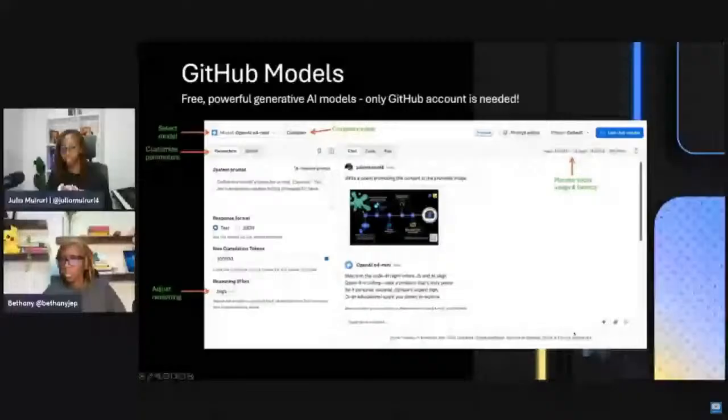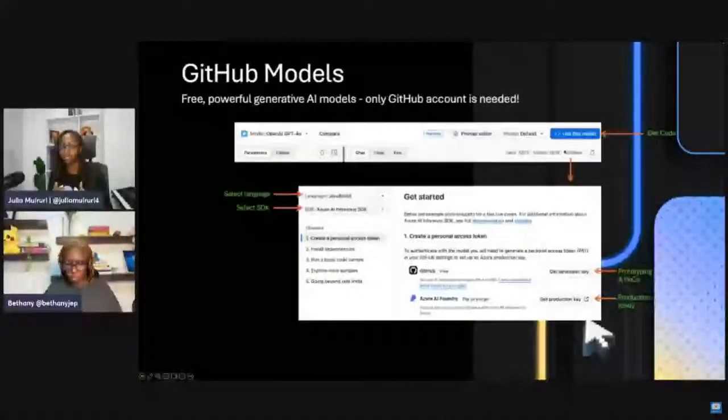And the better part of it is that for you to move from playground to actual code, this is as easy as just clicking "Use this model", and then you get some sample code that is already configured to work with the model that you're playing around with. So if on GitHub Models you're experimenting with OpenAI GPT-4o, for example, once you click on this Use this model button, it basically gives you sample code that is ready for you to implement and use that specific model. So this is really, really good, especially if you're just starting off. You have a variety of options in terms of the language to use, the SDKs to use. So for the Build-a-Thon, we were focusing on JavaScript.